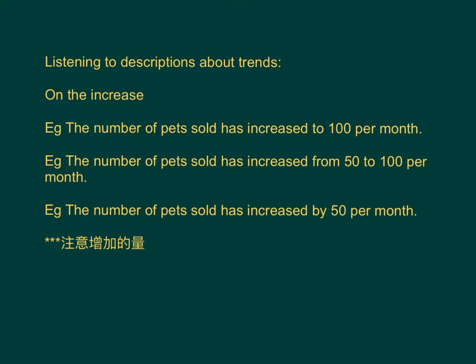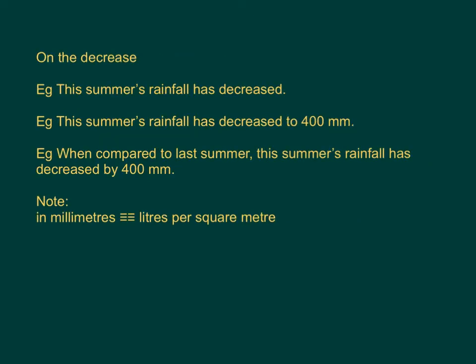第二個 example 就係 The number of packs sold has increased from 50 to 100 per month. 第三個 example 就係 The number of packs sold has increased by 50 per month. 咁要留意嘅呢係我哋要注意增加嘅量嘅。咁 increase to 100 呢係上升到100啦。咁 increase from 50 to 100 呢就係上升由50去到100嘅，咁而 increase by 50 呢，就係增加咗50啫，就冇講佢實際嘅數量係幾多。咁就到 on the decrease 啦。咁第一個 example 呢，就係 This summer's rainfall